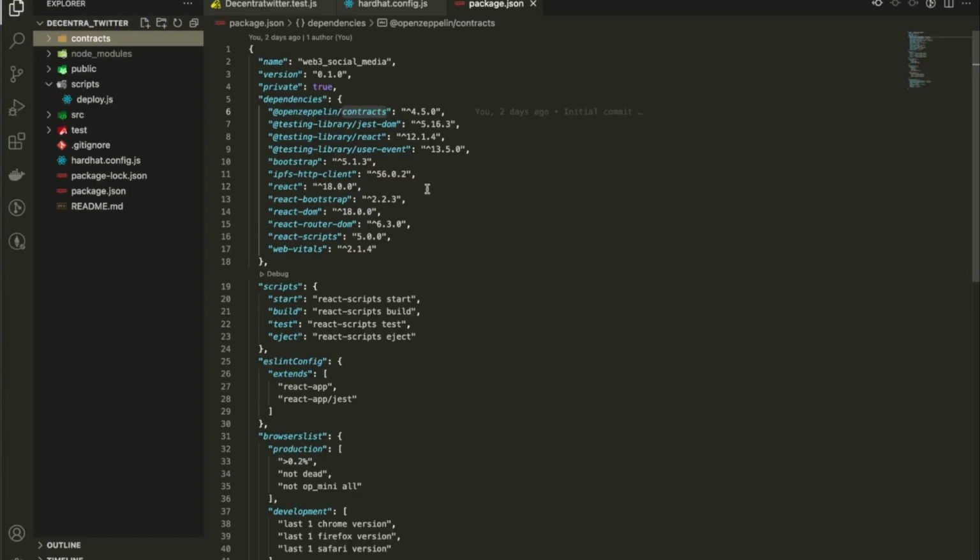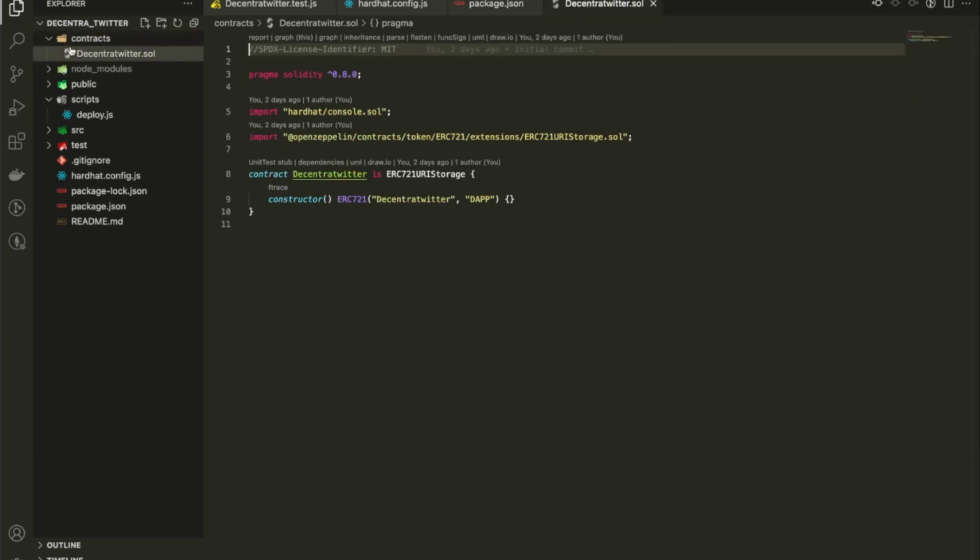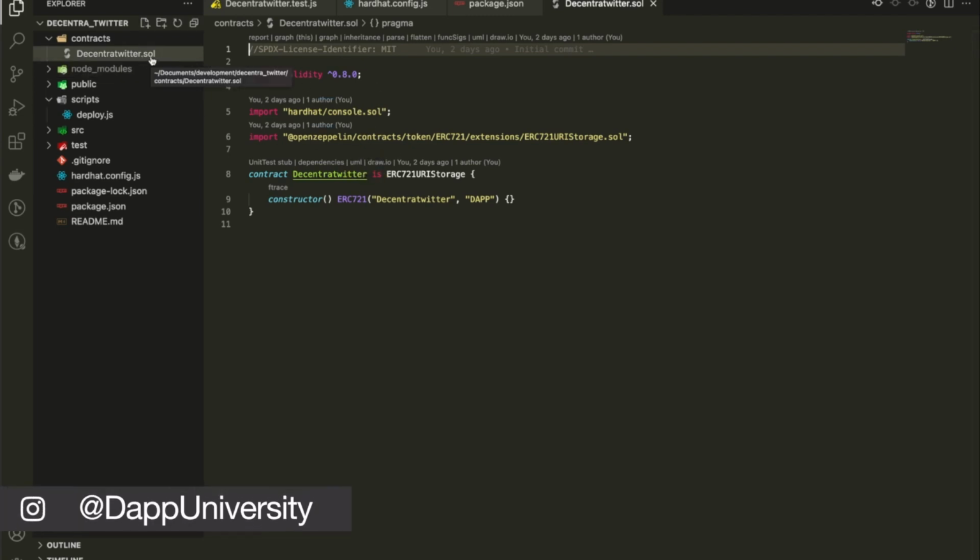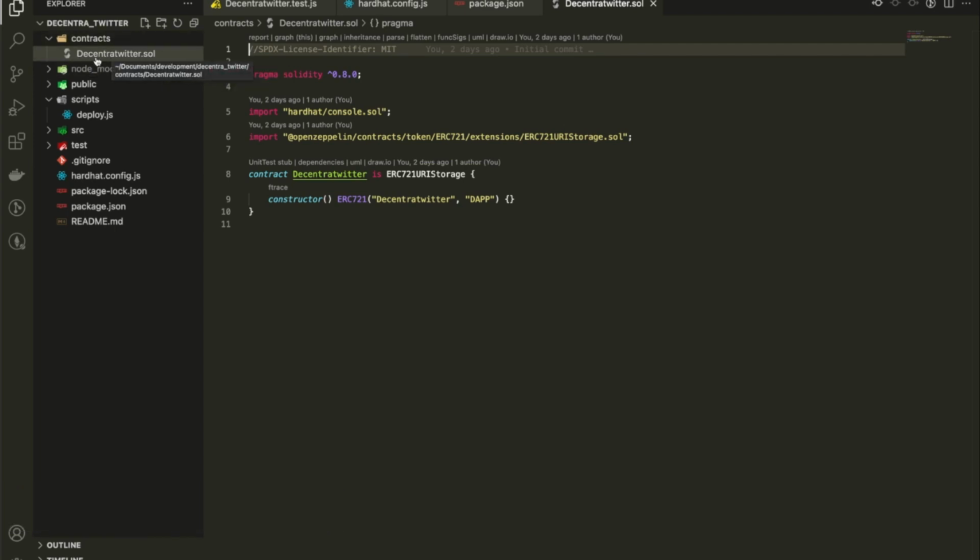Alrighty, now that we've toured the project, let's go ahead and start coding out the Decentra Twitter smart contract. So one thing I should mention quickly before we proceed is that when you're naming the Solidity file, there's a certain convention you need to follow, and that is the file name should start with a capital letter. And if the smart contract or the file name has multiple words, you need to capitalize the first letter of each of those words with no spaces. So